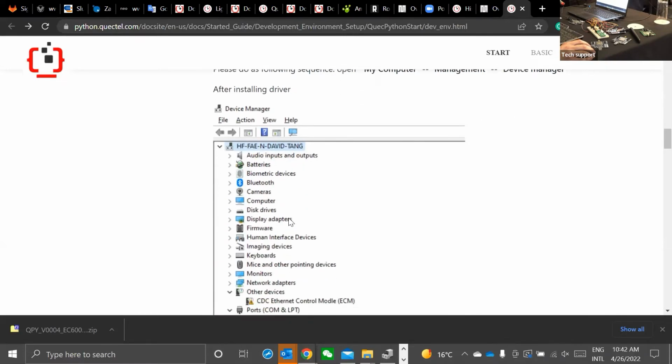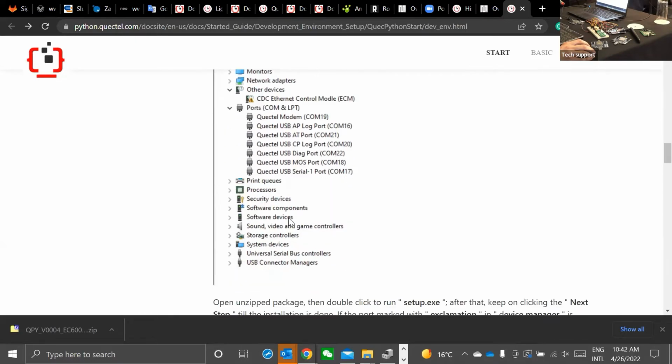I could wait for all of you to install the drivers and then plug in your modules. And I'm not sure, but I think that you should see some ports, maybe not the same as I see here, because at the very beginning, I think that your modules are not even flashed with some firmware at the moment, and you need it.